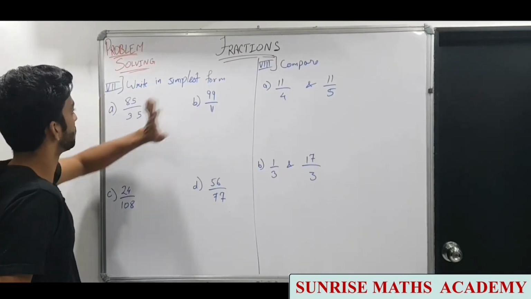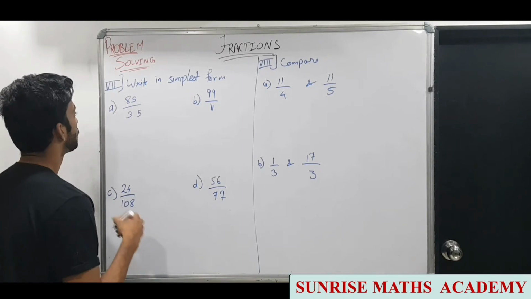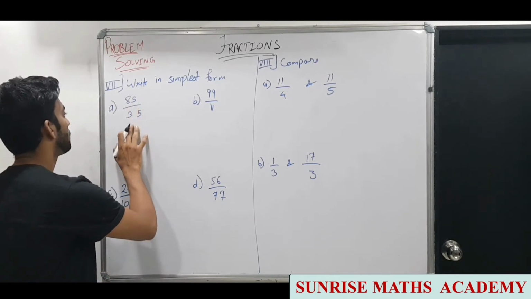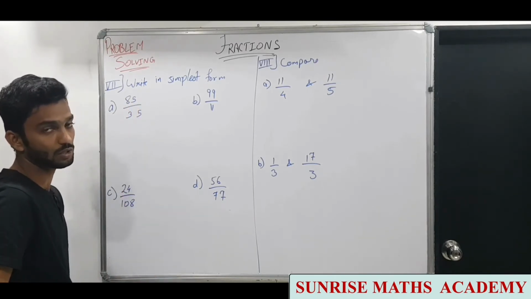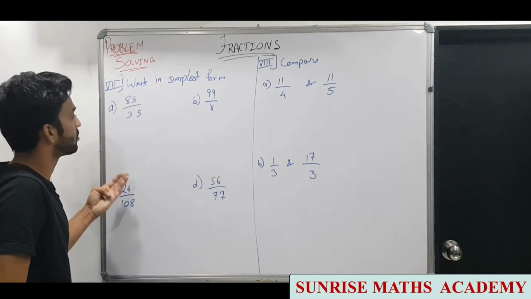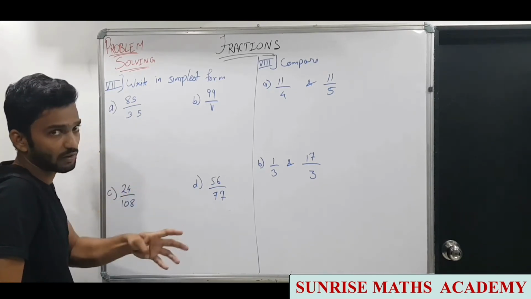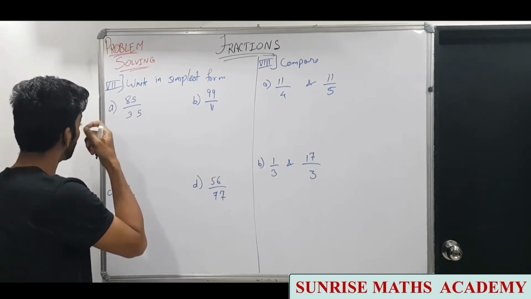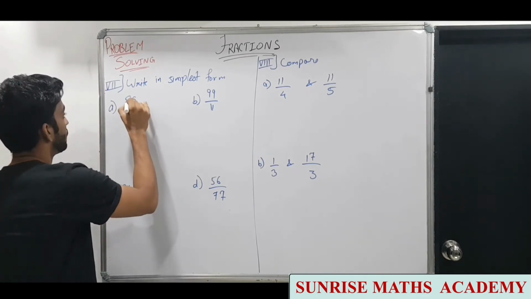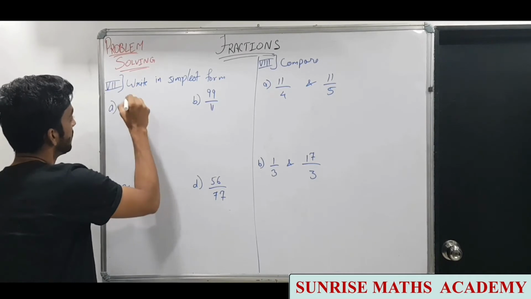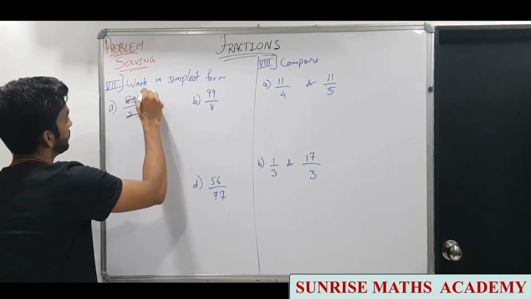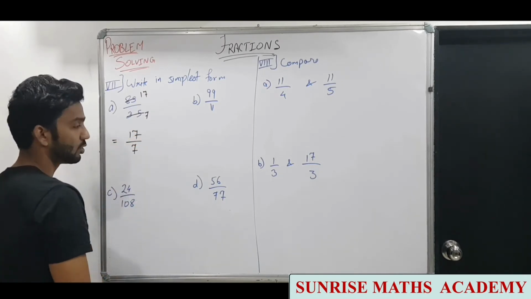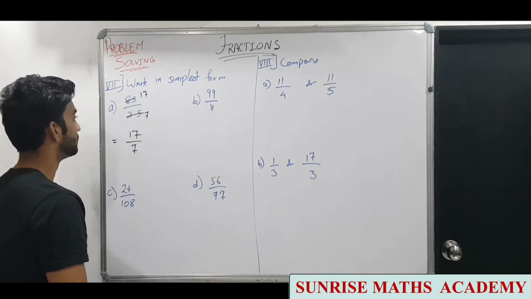Next question. Write in simplest form. These fractions we have to write in the simplest form. So we have to divide if they can be divided. If not, that is the simplest form. So 85 upon 35. We can find the HCF and divide. If not, we can divide it by the smallest prime number possible: 2, 3, 5, 7, 11, whatever number is possible. So 85 and 35 can be divided by 5. If we divide by 5, we get 5 17s are 85 and 5 7s are 35. So we get 17 upon 7. 17 upon 7, they do not have any other common factor.